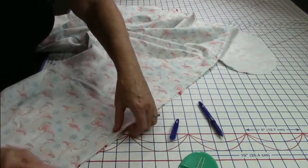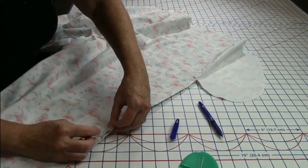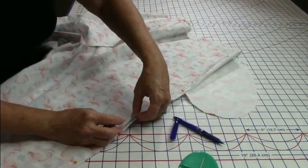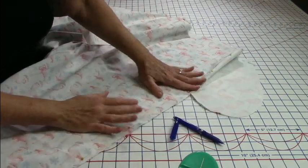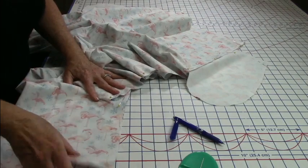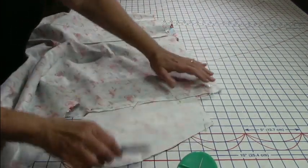Some people don't pin, and I don't know how they do that. I've been sewing for a long time, and I still pin. You can also see how fast I pin too, because I'm just really used to it. If you don't pin, a lot of times the ends just don't match up, and then you have one side longer than the other. So I'm just gonna go and sew